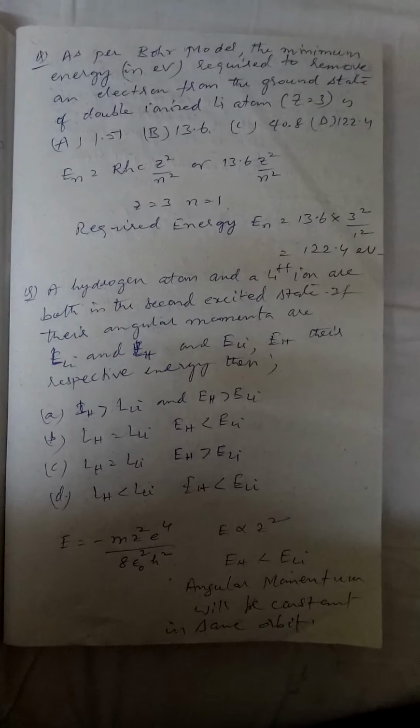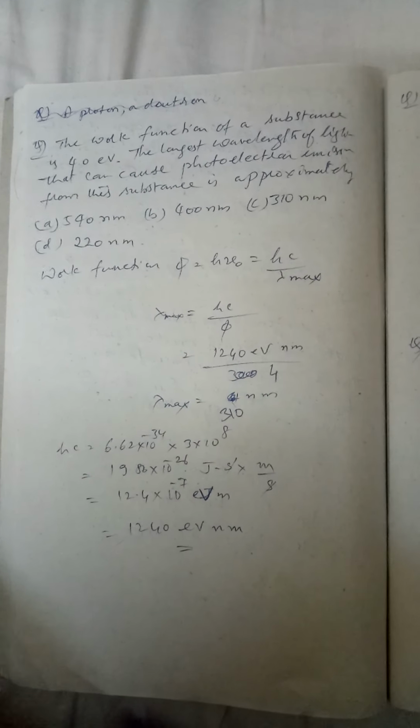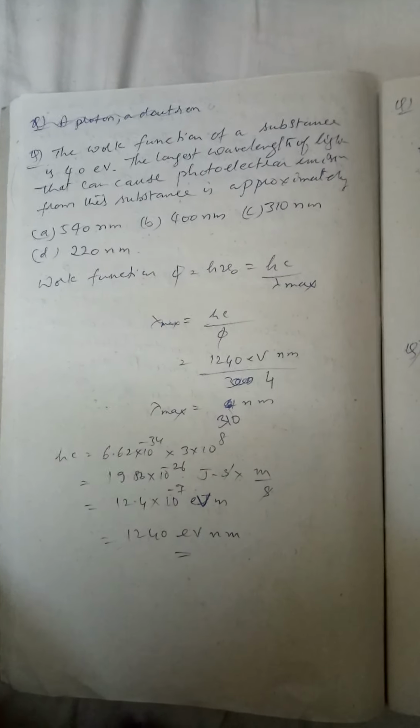Why? Because lambda is in the denominator, hc is a constant. Okay, so maximum lambda, you get the minimum frequency, and that frequency is the threshold frequency as per the definition. So work function, when you talk about the wavelength which is maximum. So here phi value is given to you, so we have to find out the maximum wavelength. If you put any other value, let us say less than lambda max, you will end up with some other value for phi, isn't it? So unless otherwise you put the maximum value, you won't get the threshold frequency.